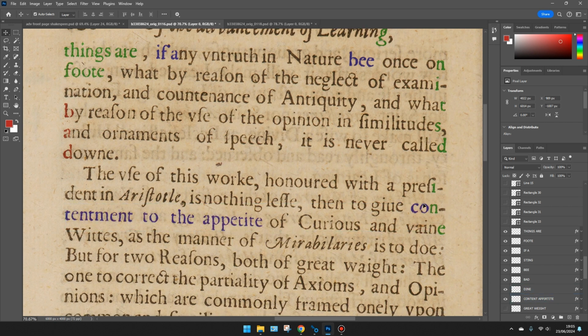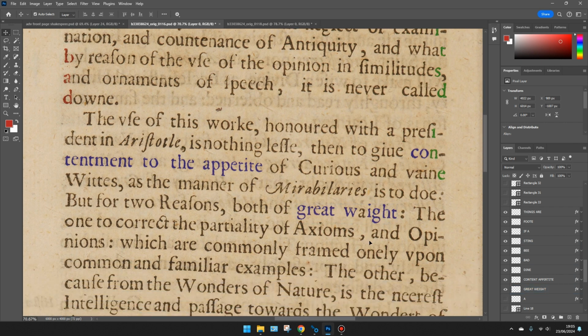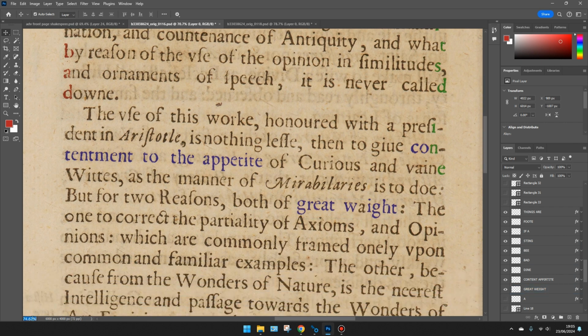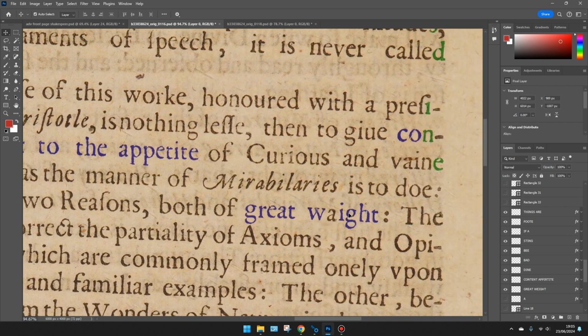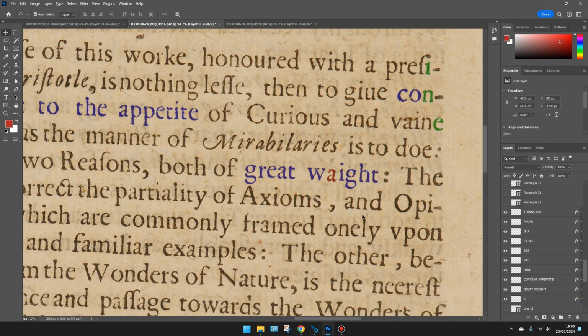And what we have to explain it is contentment to the appetite. Because if you've got an appetite, you're hungry, you dine for the evening, and you have contentment of the appetite. You've basically been fed, you've taken on this food. And then it says, great weight. And if you just kind of look here, if I zoom in a little bit, because I believe these characters are totally manipulated, and if you look at great weight, you can kind of see this A is just sitting offset. It's as if it's some kind of heavy fixture here. It just seems to give that impression that it's heavy,